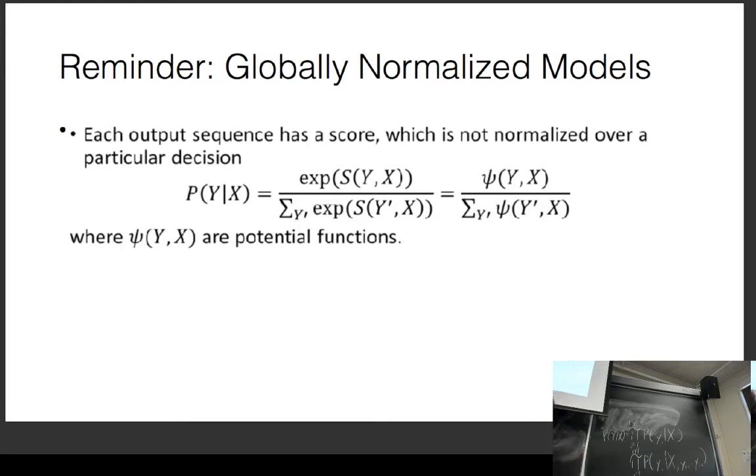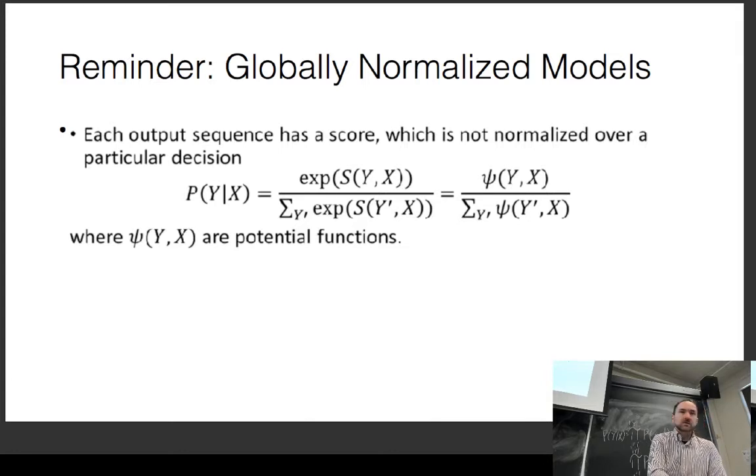The exponent of the score here is also called a potential function, which you can write as psi. Basically, if we take the exponentiated score of the potential function and renormalize, then we can calculate this model.